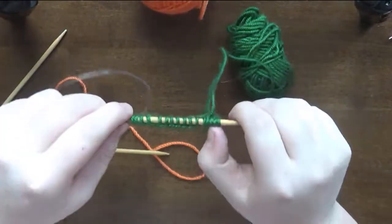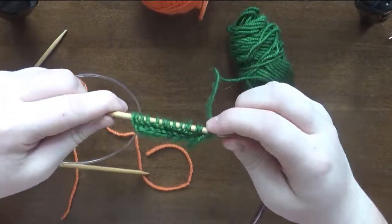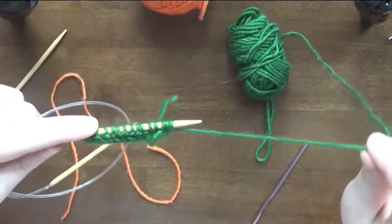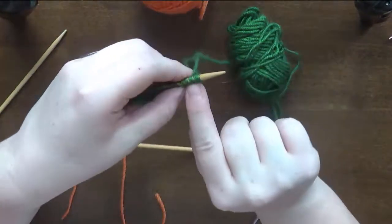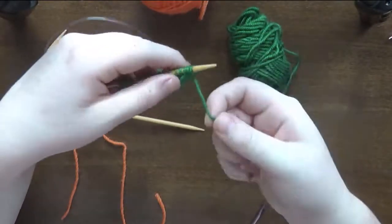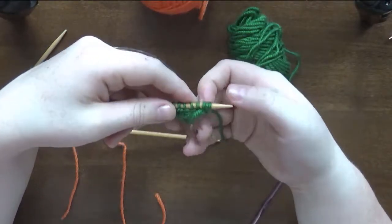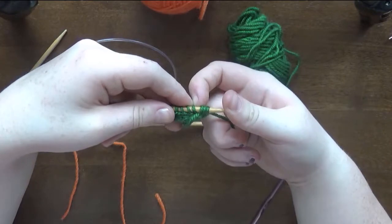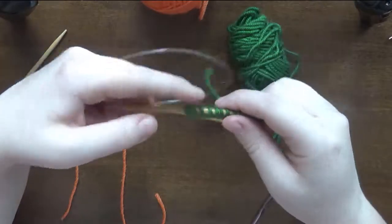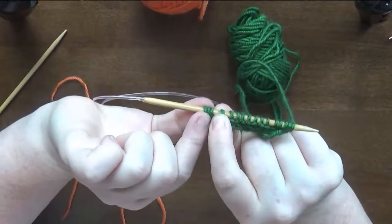You'll purl back across most of these stitches, but you're going to knit the 3 stitches for the I-cords on this side. It's basically like the three end stitches are an I-cord the whole way. So you're going to bring your yarn around and knit those 3 stitches. You're going to place a marker so that you know where those 3 stitches are, because you're always going to slip those 3 stitches at the end of the row. So you'll place a marker, you'll do what the pattern tells you to do until you get to the last 3 stitches, and you're going to place another marker before those 3 stitches